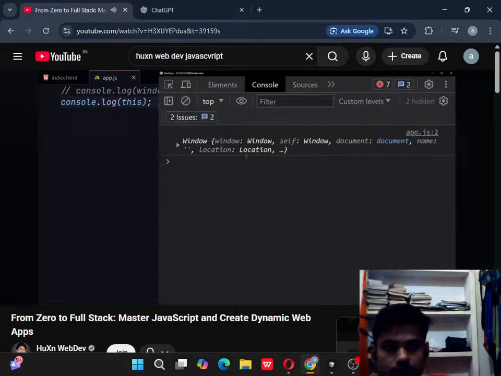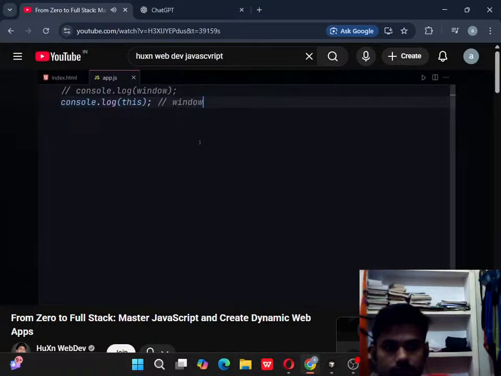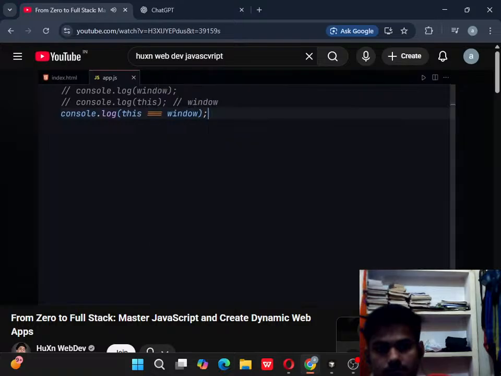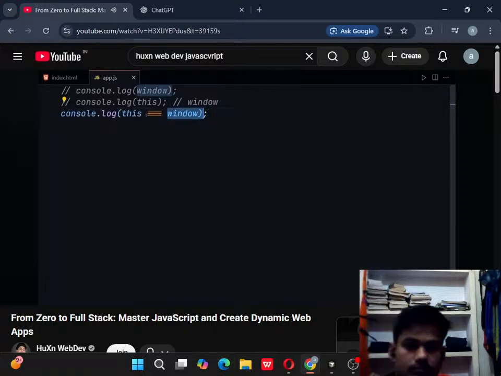Here you can see it will give us that window object. And now let me just compare both of them, then you'll get to know what I'm talking about. It is giving us true right here because this keyword is referring to this window object. So in this case, the this keyword is a window object and we are just comparing both of them, so it is now giving